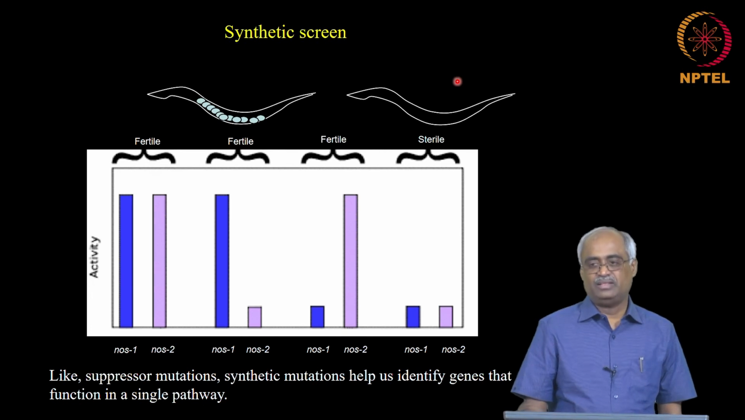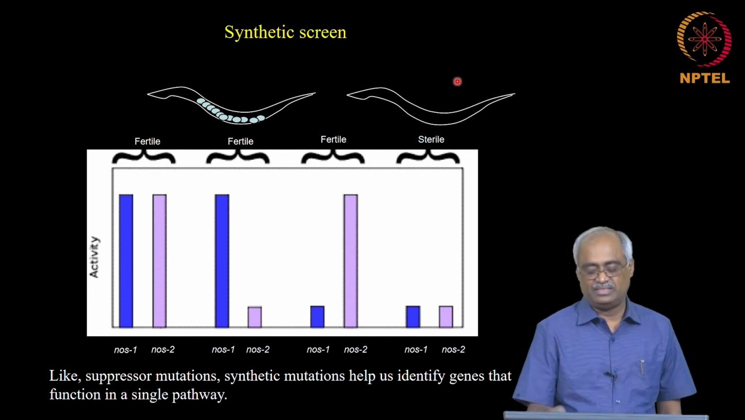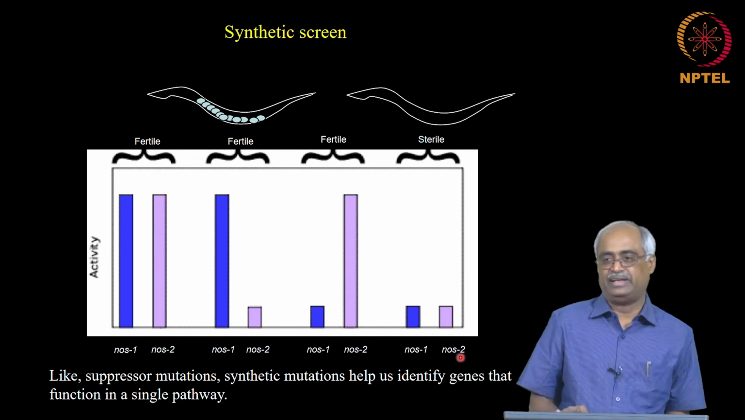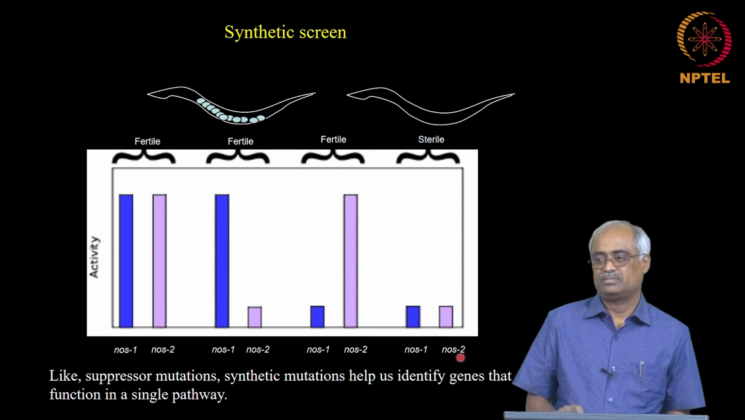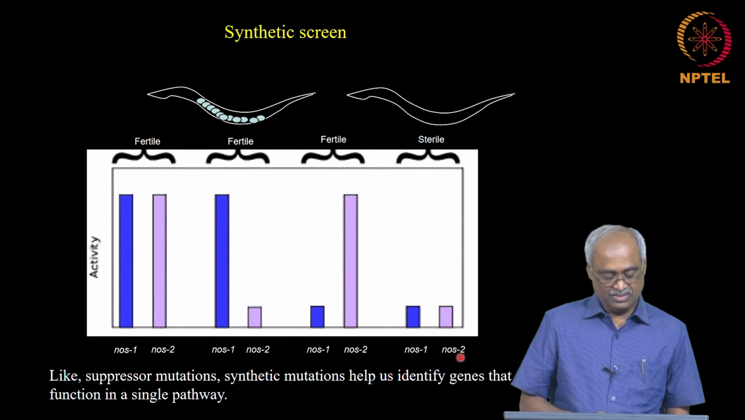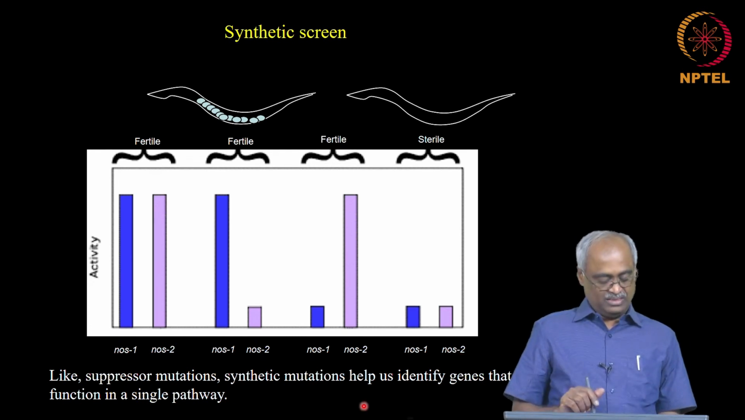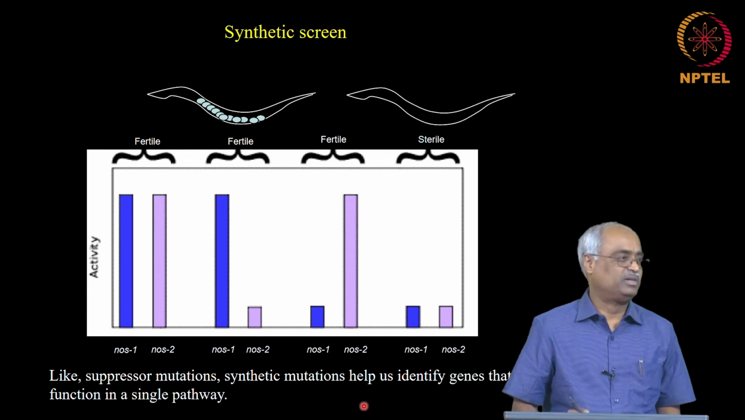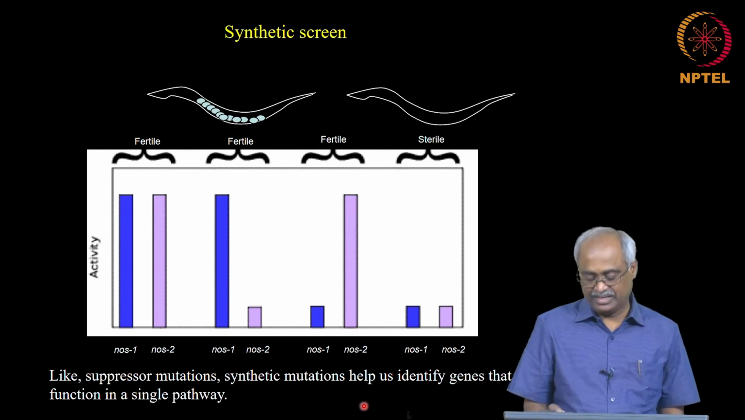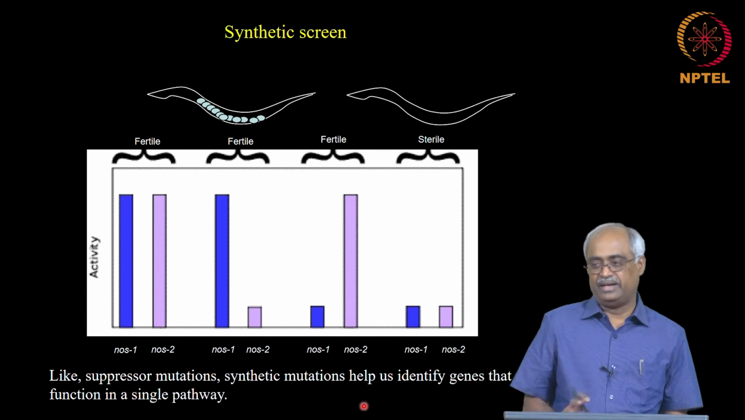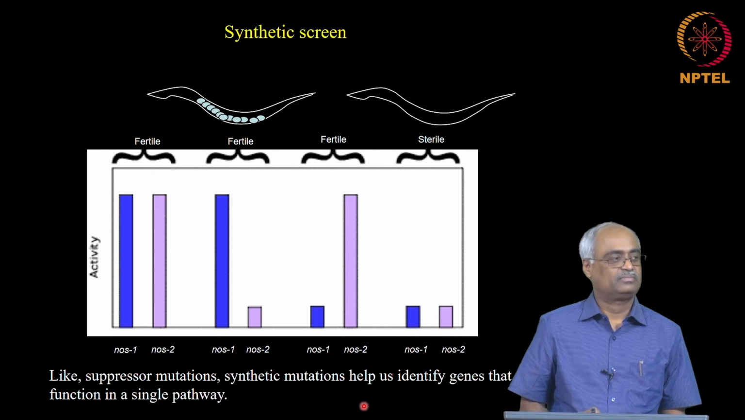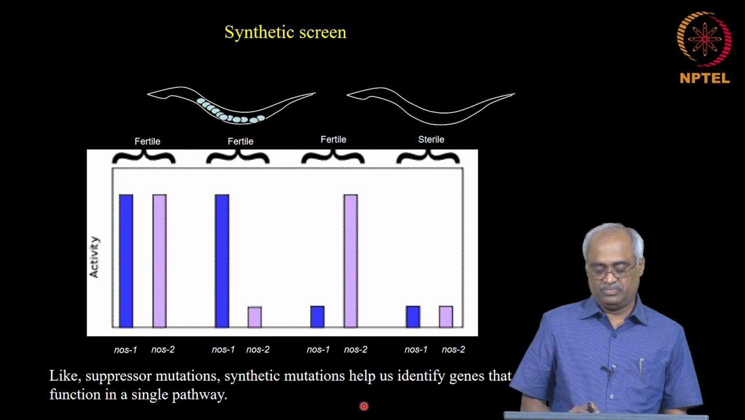In this situation, you are going to say these two seem to function redundantly. Like suppressor mutations, synthetic mutations help us identify genes that function in a single pathway. Usually redundancy is what you are discovering in this kind of example. Alright, so we stop here, and in the next class we will go on to find